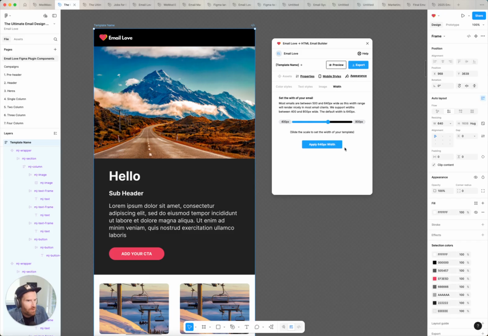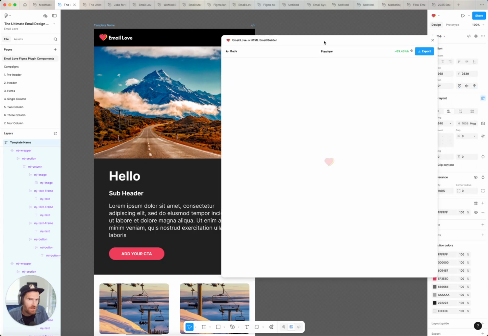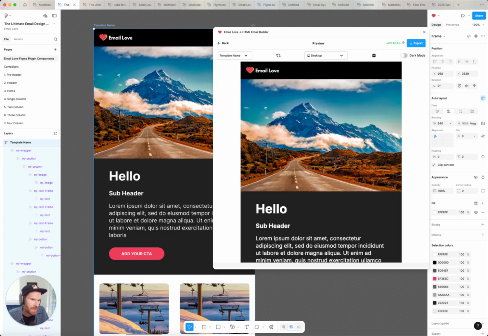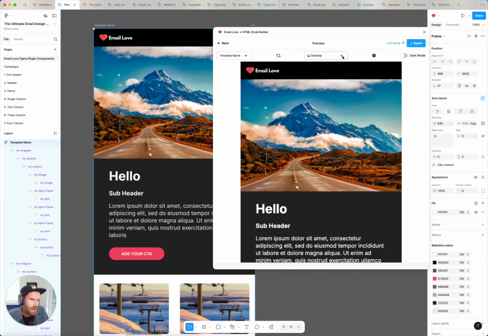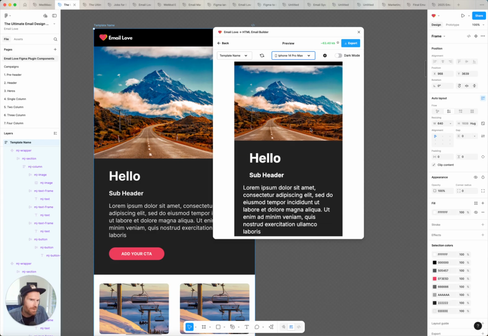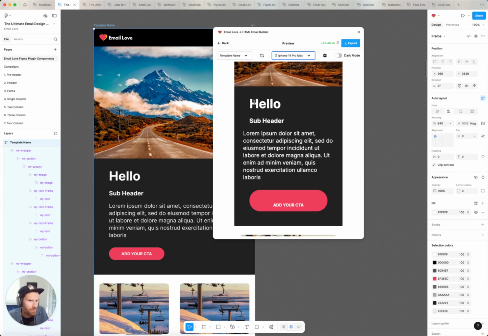And then you can also do things like change the width of the email. Okay, so now we have our email looking good. We can preview it directly in the plugin and see how it looks on desktop and on mobile. So you can see here how it stacks. You can see I might want to change the padding of this button and the padding of this section up